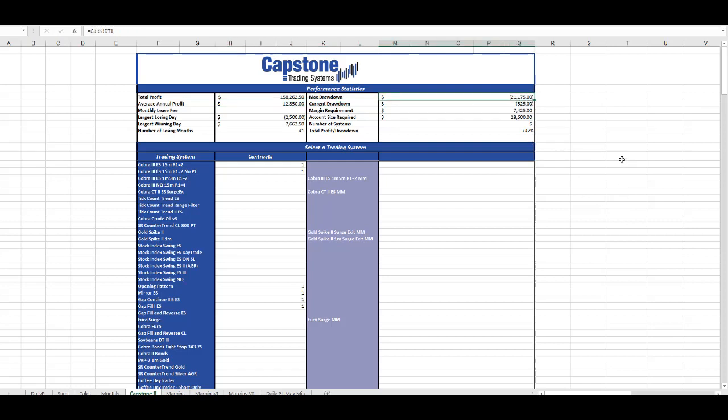Still pretty good results considering you'd need a $28,000 account because these are all day trade strategies, and so this is maximum margin usage. You would probably want to measure this against more of a $100,000 or $200,000 account, as a percentage of drawdown, versus a $21,000 drawdown over a $28,000 drawdown. That's just the margin you need. Account size requires the margin you need, but account size as a percentage of drawdown should be measured against something more